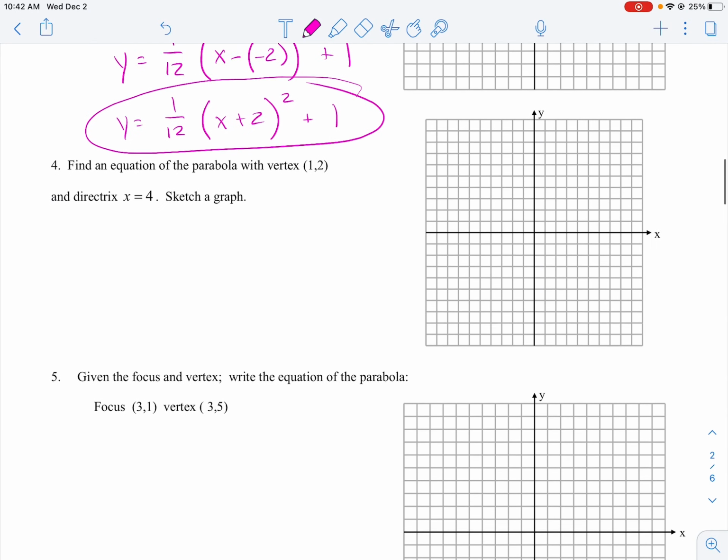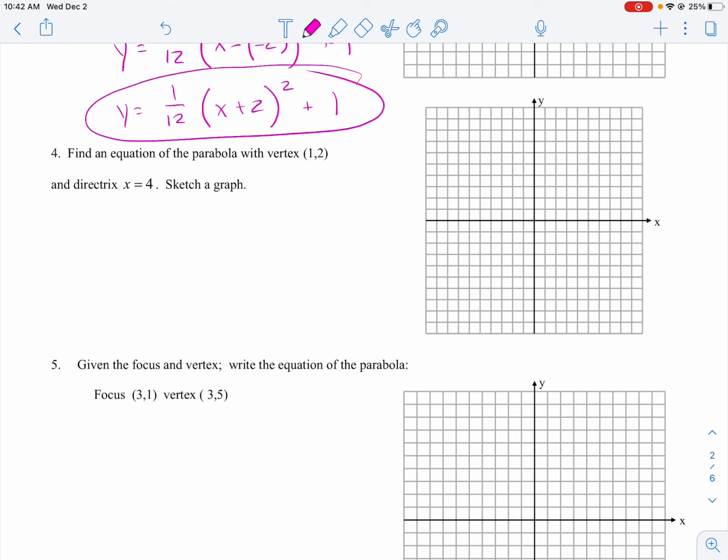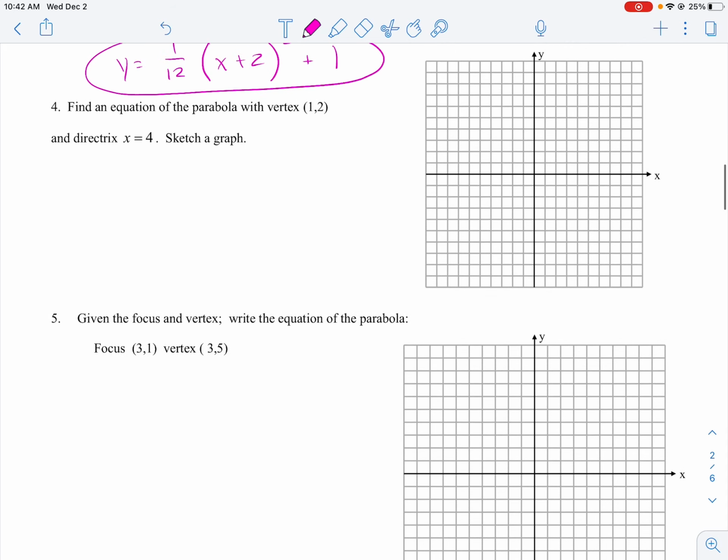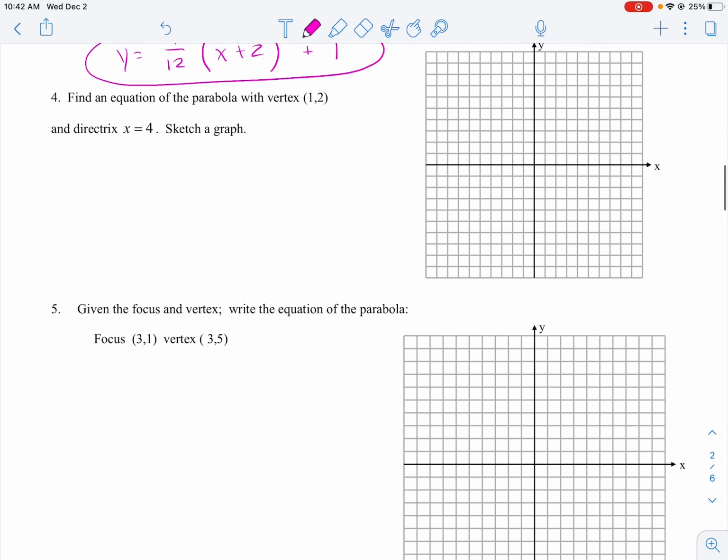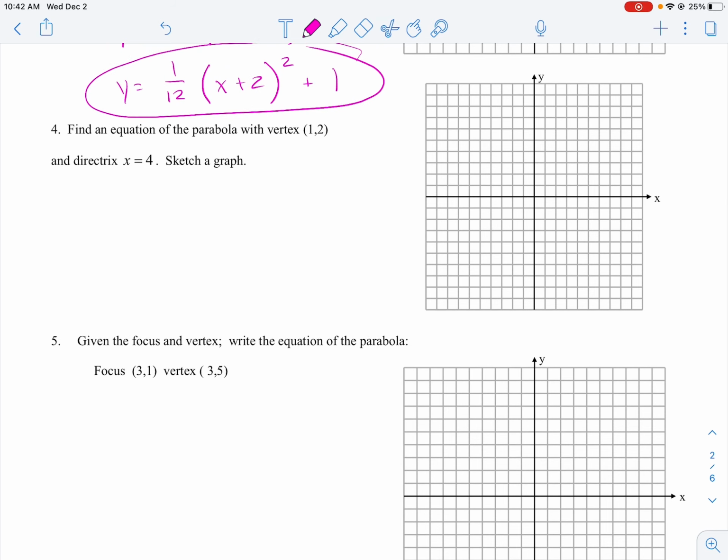We'll do 4 and 5, and then we'll call it a day. I think that should be enough time for us in the video here. So anyway, find the equation of a parabola whose vertex is 1, 2, and the directrix is x is equal to 4. Okay? So this one's going to look a little different. You will see what I mean. So 1, 2